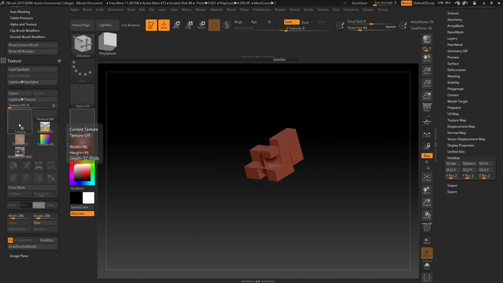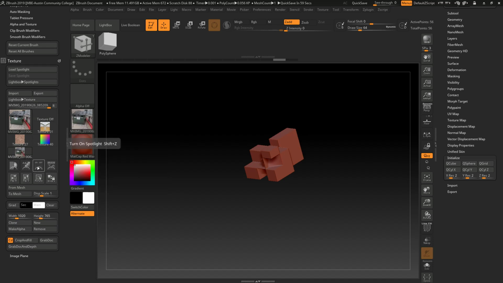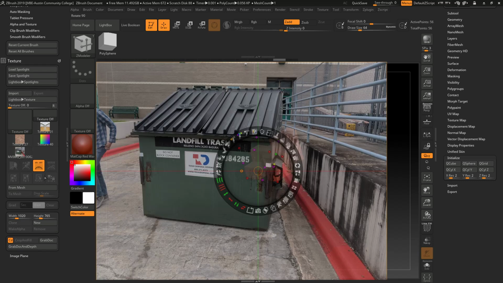But click on this, and I can go here. I've got the texture now. I make it active, and what we're going to do is turn the spotlight on. We have to add the spotlight, which is that button, and then it turns on and off. And now this is a lot like the